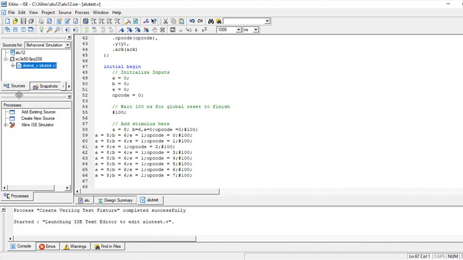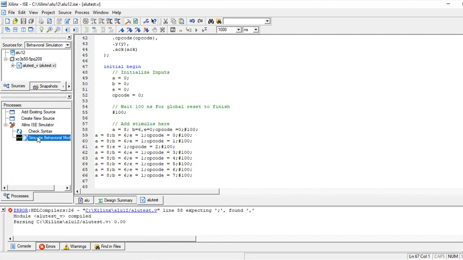Select your test bench waveform, simulate behavioral model. Double click on the simulate behavioral model. There are some errors. Line number 58.